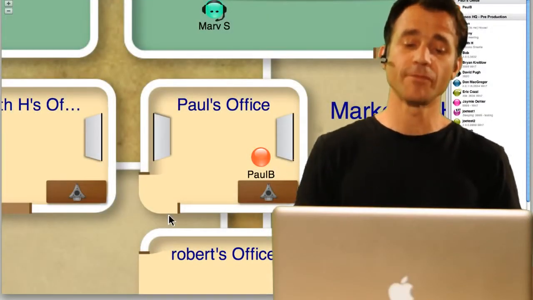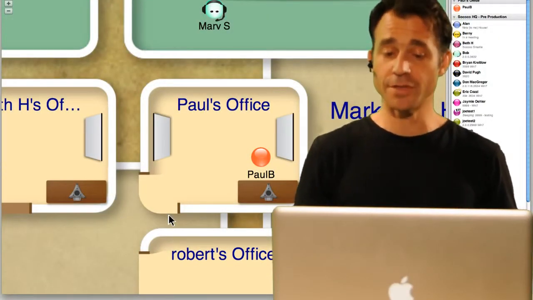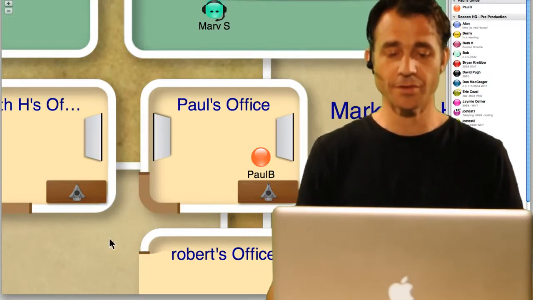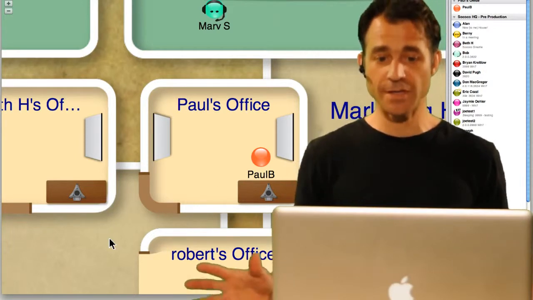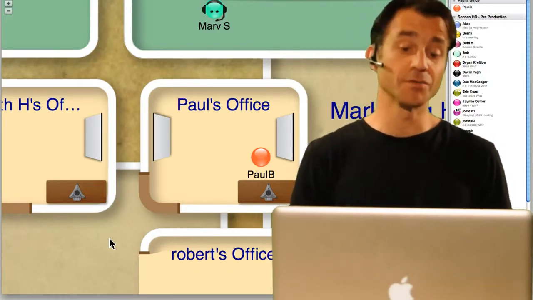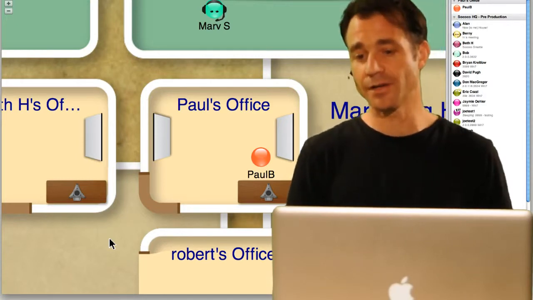If I want to go one step further and really have privacy or have a private conversation, all I do is close the door in my office. It closes shut. Everybody in the space sees the same thing, sees that my door is shut, and they're probably not going to bother me unless it's really urgent, and if they did, they'd have to knock to get in.